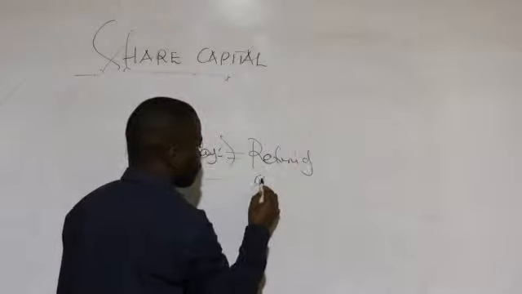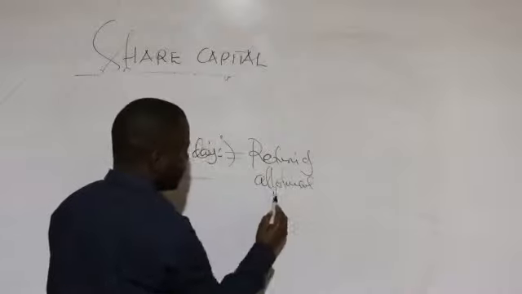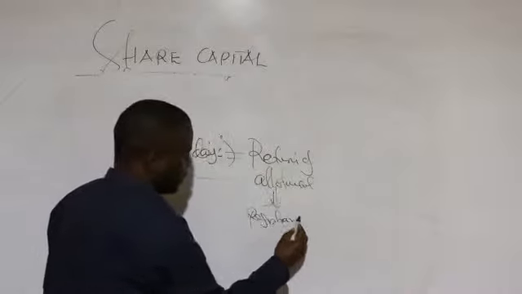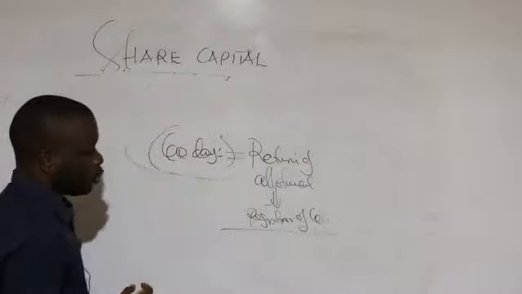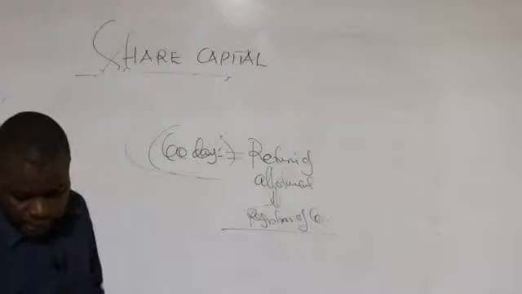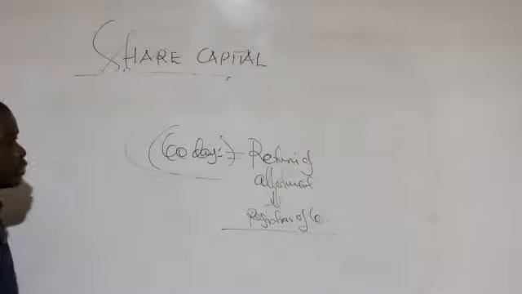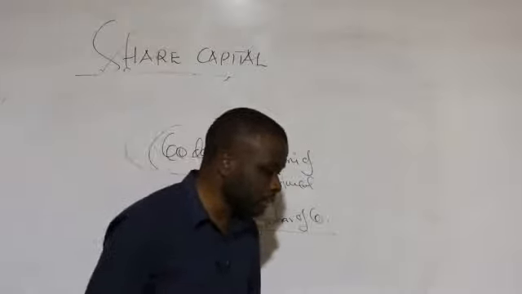of allotment, and it is given to the registrar of companies. And of course, I've told you, you need to note the key contents of that particular return to the register of companies. So having known basically the contents or the rules governing allotment and the statutory